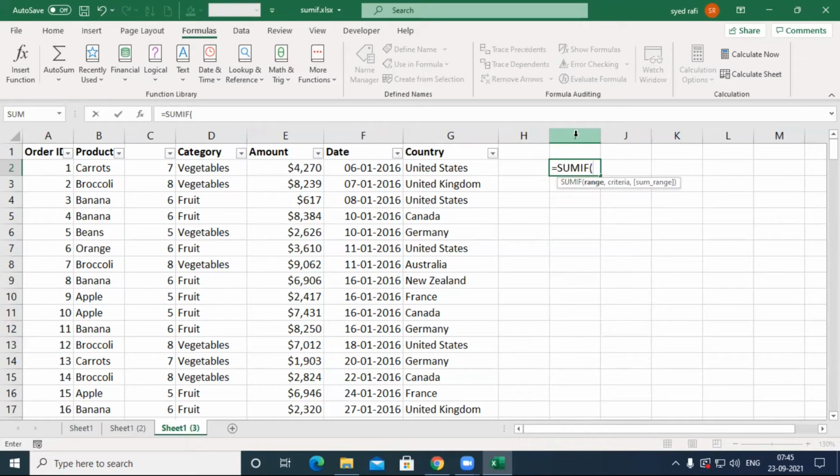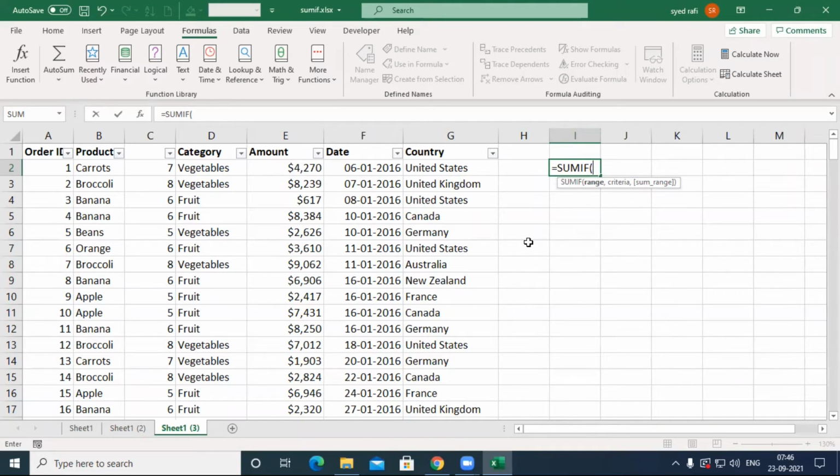Criteria range, comma, criteria, comma, sum range. You must remember these arguments. Why am I saying you must remember all these arguments? In later classes I will explain why you must remember these arguments.